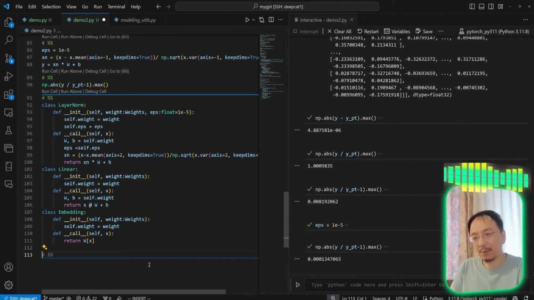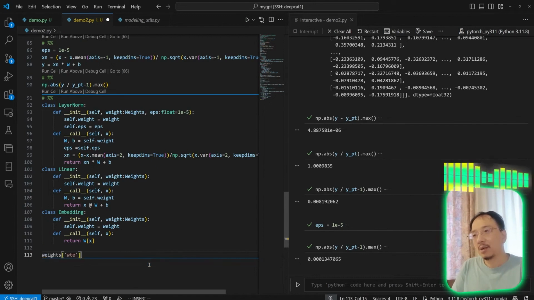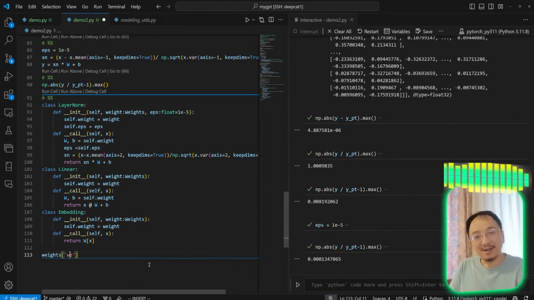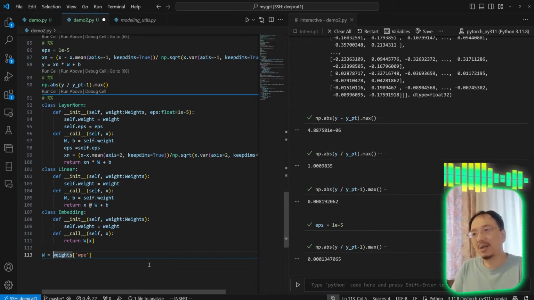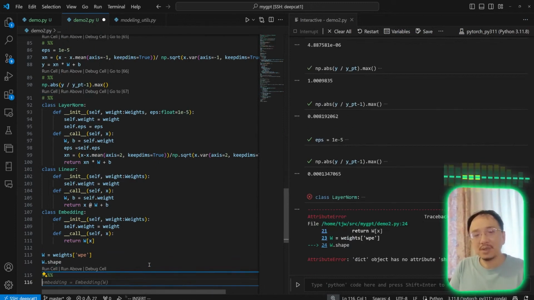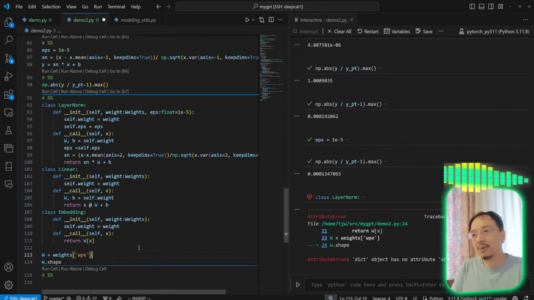Let me just get a WPE. It didn't hurt me by saying WPE. It's giving me a WTE. So let the WP be a WPE. So the shape of W is the weight. I need to get the